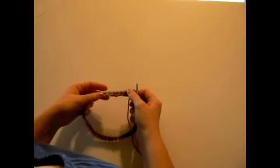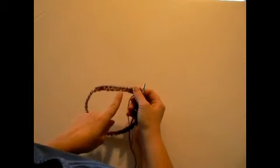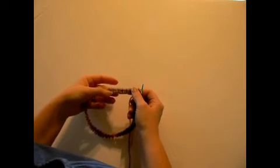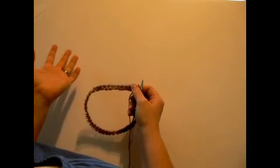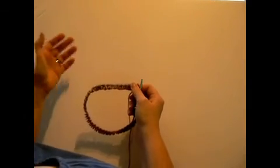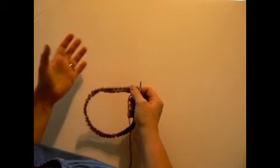Okay, so now we've finished row two, and you can see we've got a nice little tubular edge. And this is 1 by 1, so it's a knit and purl and knit and purl. So if your project is a 1 by 1, you can go from here on and just work according to your pattern, and all will be well with the world. If you are going for a 2x2